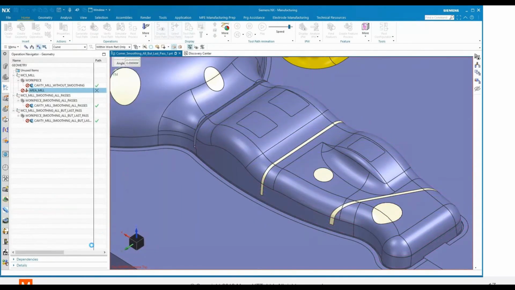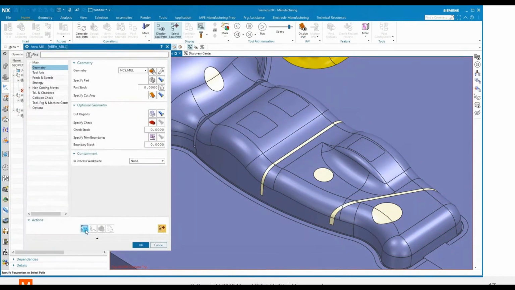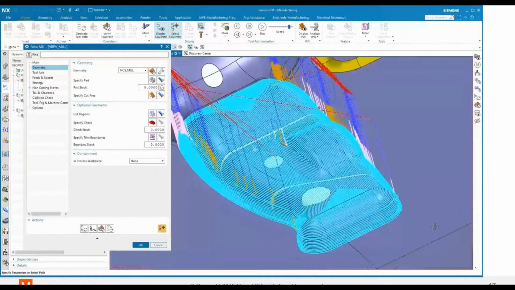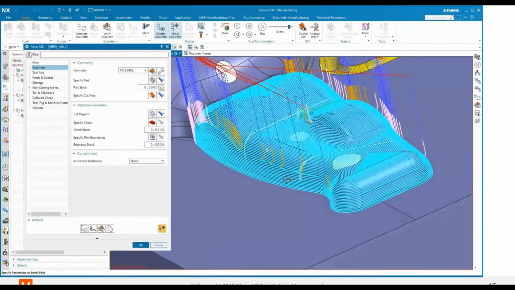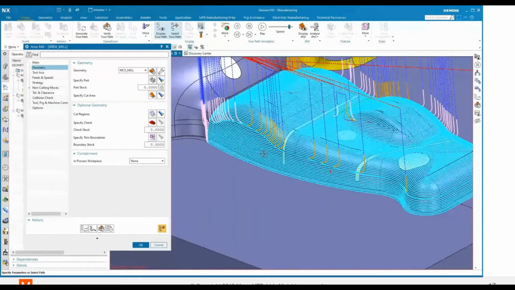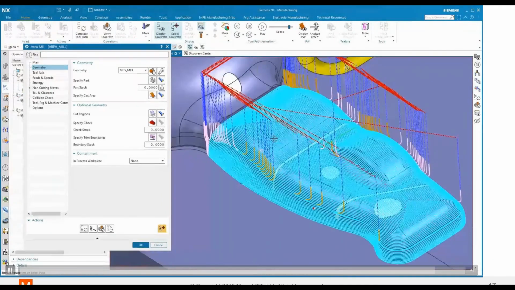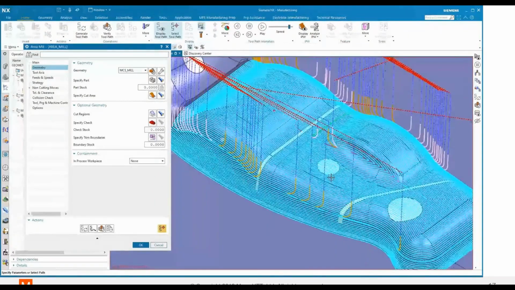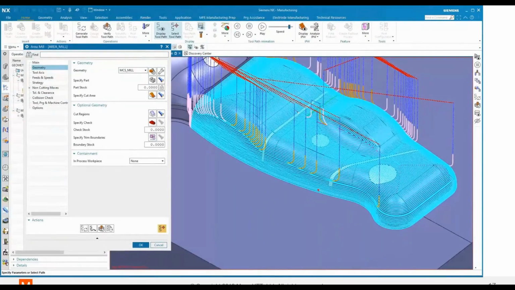Okay, at this point, we just need to generate our toolpath to see the result of this finish pass. And we see that we've got, again, a nice Z-level zig down at the steep areas with our tangent engages and retracts, and then the periphery move up on the top, creating a really nice finish pass on this mold.